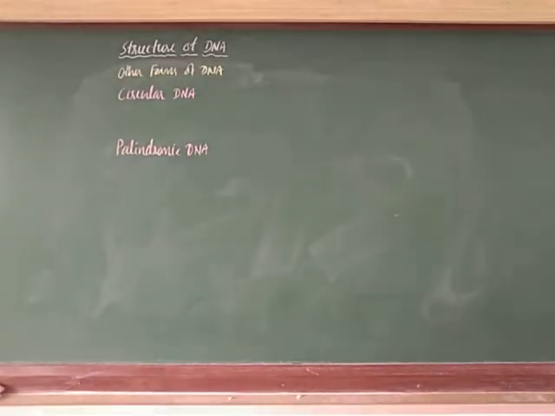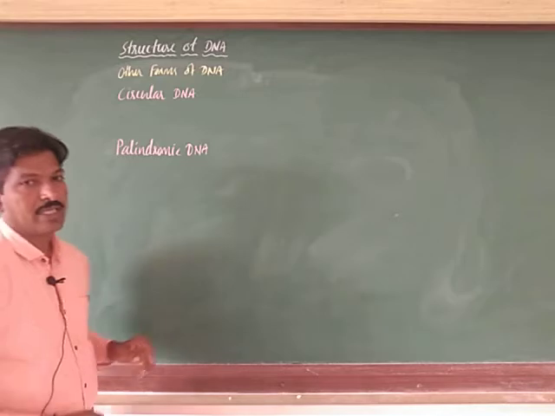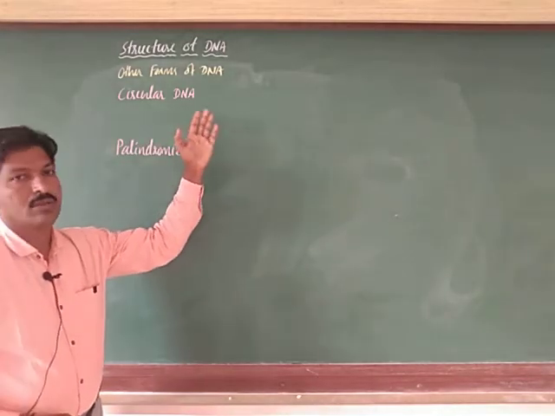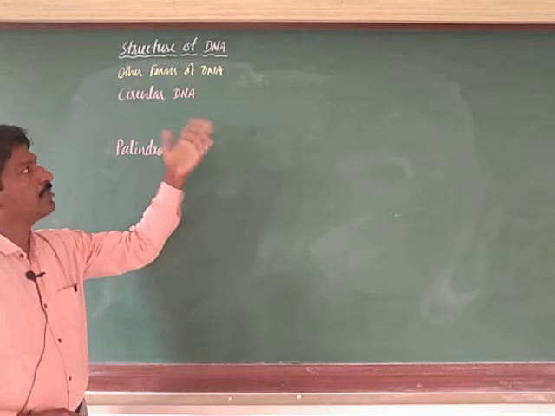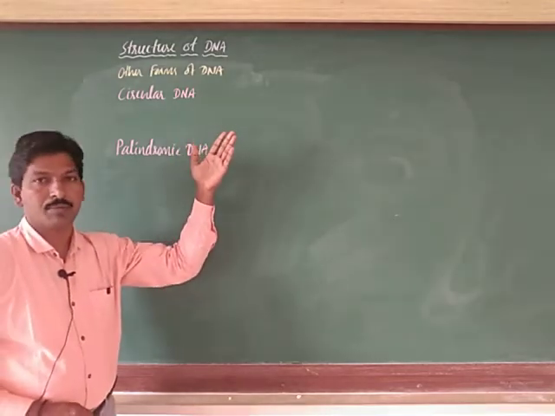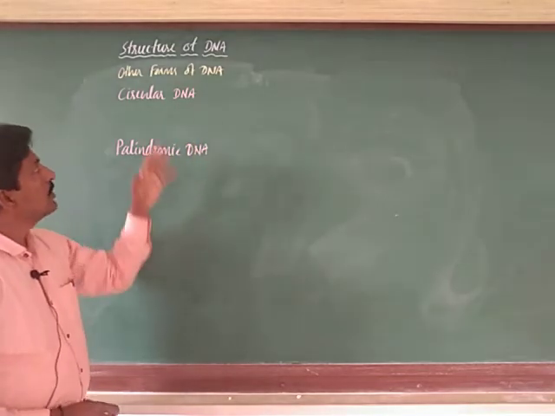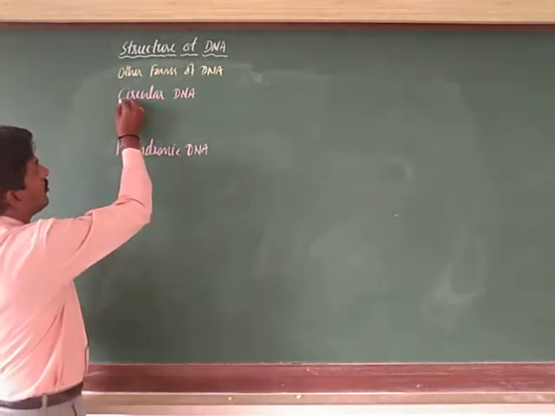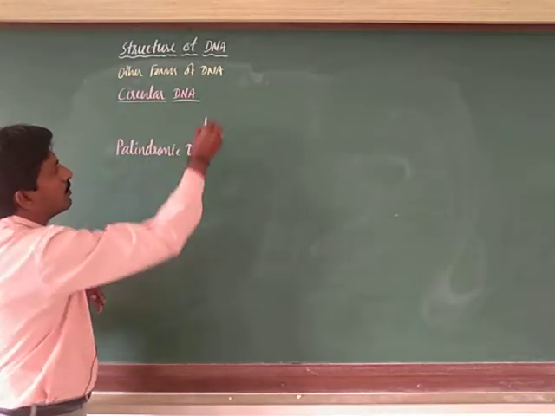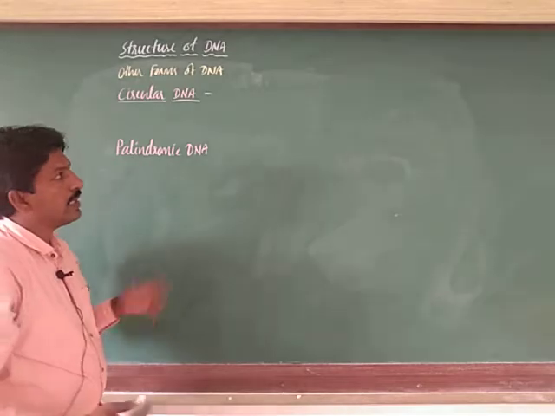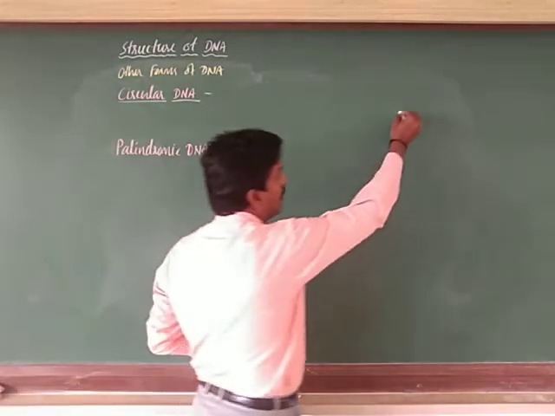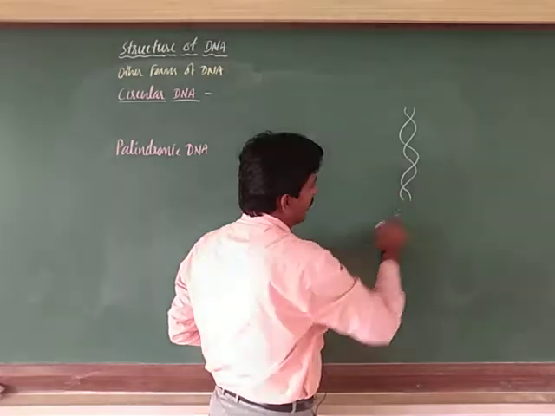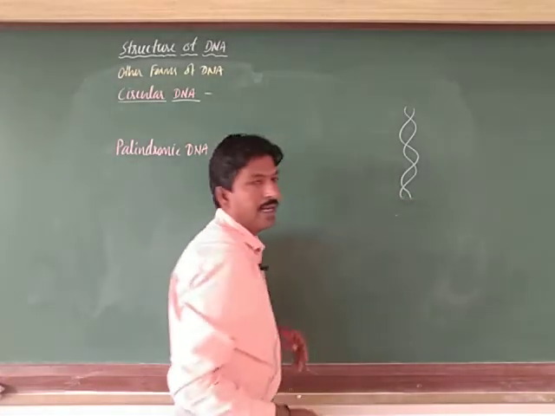Now students, see here other forms of DNA. We discussed the classification based on function and based on number of base pairs. Now another form of DNA is the circular DNA. Circular DNA means what? Usually DNA is open ended, double stranded or it may be single stranded. So you can see the open ends are here.